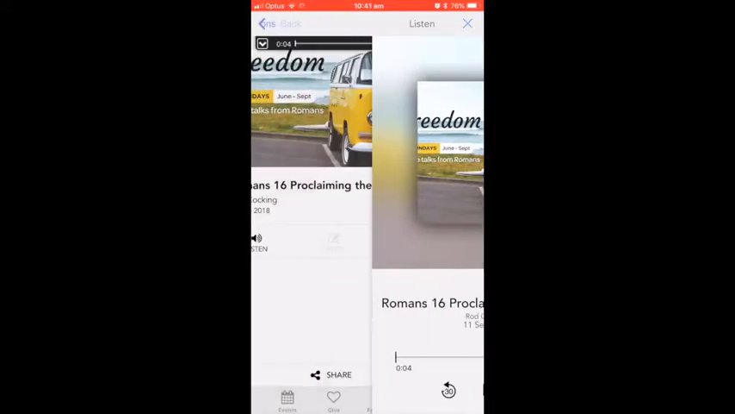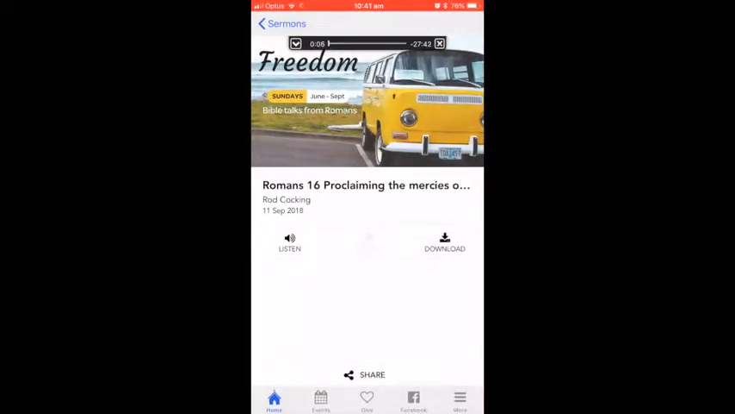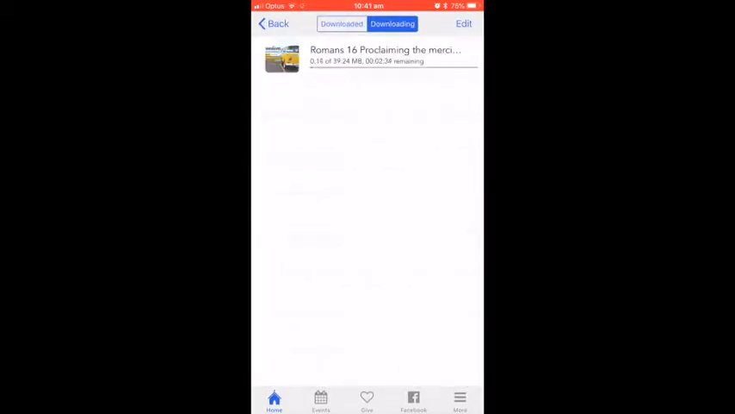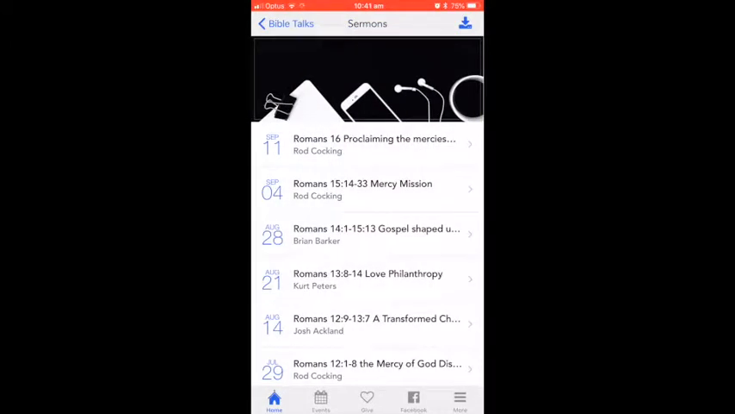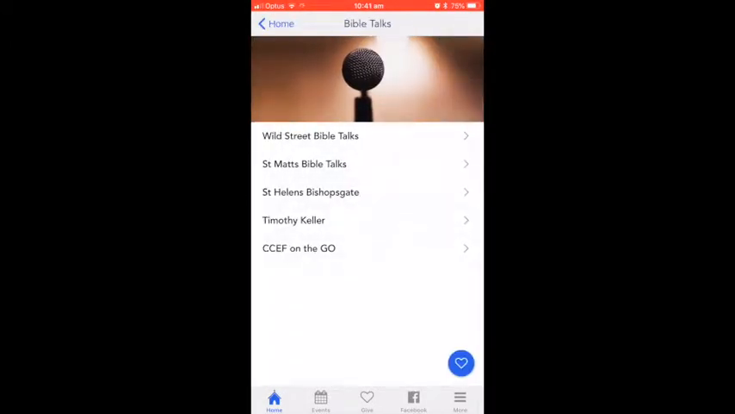All right, but if you go back out again, actually you need to stop that. And then, or if you want to listen to it later on when you don't have phone reception, or when you don't have Wi-Fi, you can click on download, and that will download the talk to your phone, so you can listen to it any time. So if you just click back, and then out of sermons, out of Bible talks,